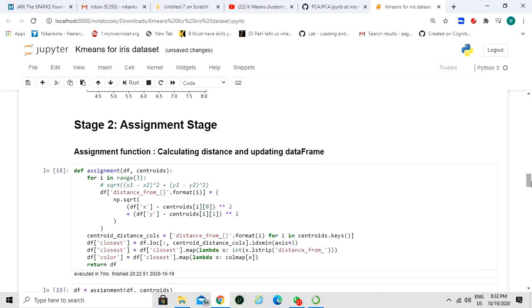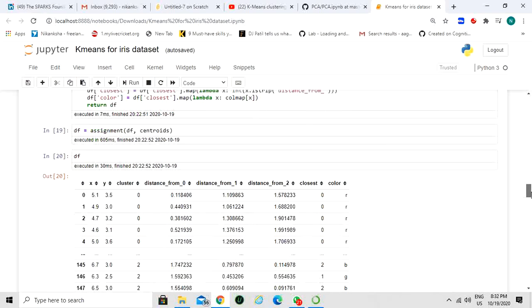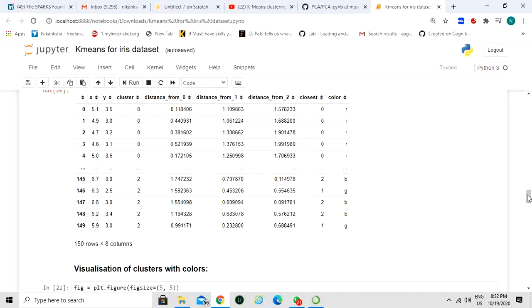Okay, after that, the assignment stage: the assignment function, calculating distance and updating the data frame. What we have to do is always calculate the distance, whichever is the nearest distance. With the help of that, we can update the data frame. So here you can say we have assigned this centroid to DF, and you can see the DF here: distance from 0, distance from 1, distance from 2, closest and color. You can see all the distances here. After that,